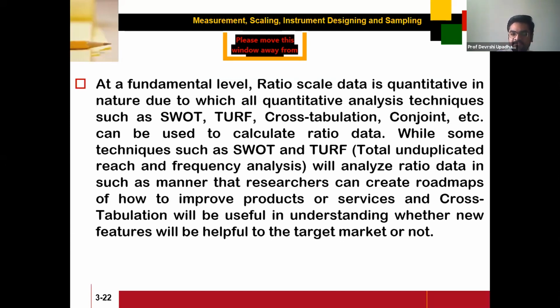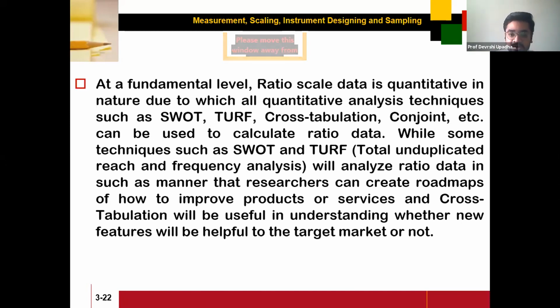The company did a lot of research on TURF analysis, and they also did a lot of cross tabulations in different segments in different software, and identified whether a new feature would be helpful to the target market or not. So in the OnePlus 9 and OnePlus 9 Pro, they have added a Hasselblad camera. Hasselblad is a company that makes cameras for NASA missions, for their satellite missions. So ultimately, after having the complaints from the customers, they added these Hasselblad camera features, and believe me, the result